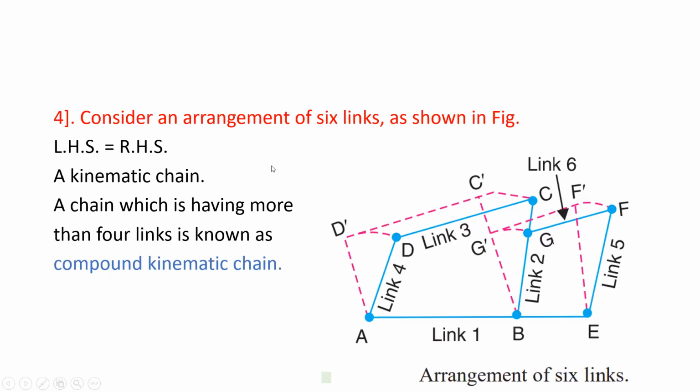So up to this, we have seen what a kinematic chain is. When different links are connected so that the last link is connected to the first link, it forms a kinematic chain. In order to check whether a given arrangement of links is a kinematic chain, there is one equation, L is equal to 2P minus 4. And depending on the different situation, whether left hand side is equal or less than